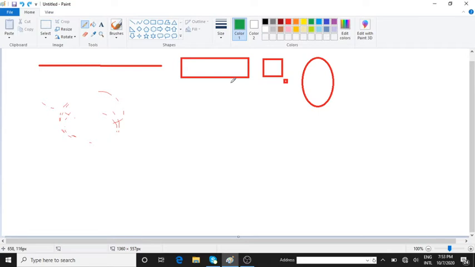Then next, I'll be showing you what are the tools which are present over here. That's the top what you are seeing, the cursor. Can you see this? So this is the one is the untitled paint. That's the title bar, what you call. And the colors what you are seeing here, different colors, that's your ribbon. You call it ribbon. And this is called as the shapes group, wherein you can see n number of shapes which are present. Okay. Got it, children?